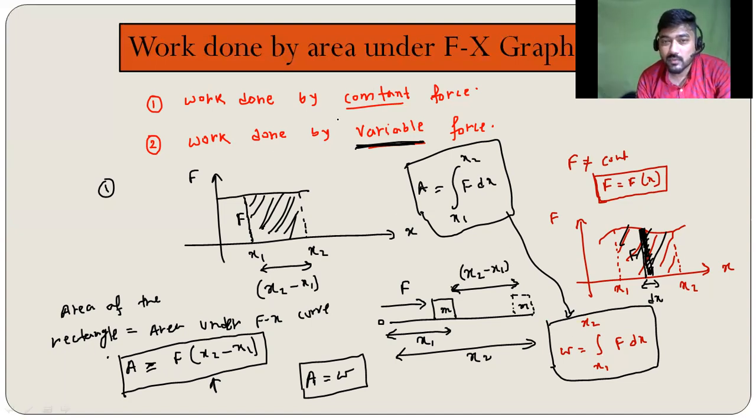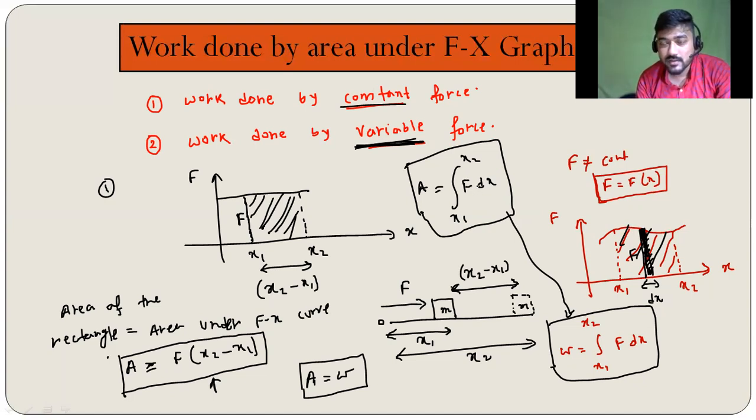So you can conclude that whether it is work done by a constant force or by a variable force, whatever be the case, we can always find the work done by finding the area under the curve. Maybe the process of finding the area will be different. Here, this is very easy because this is a rectangle. You have a formula, length into breadth. But for this case, when you have a curved line, you cannot find the area so easily. You have to find the area by using integration. Whatever be the case, if you can find the area directly, then it is better for you. But if you cannot find the area directly, you have to find it by using integration.